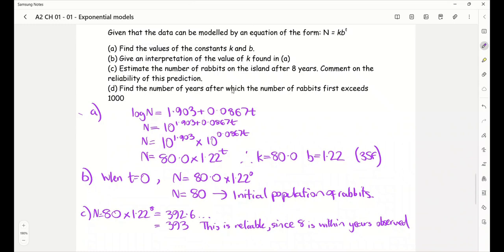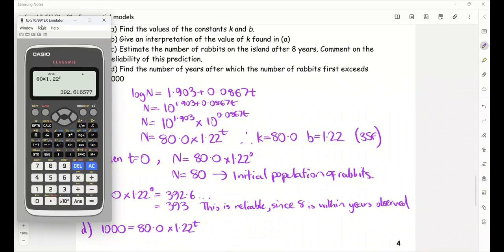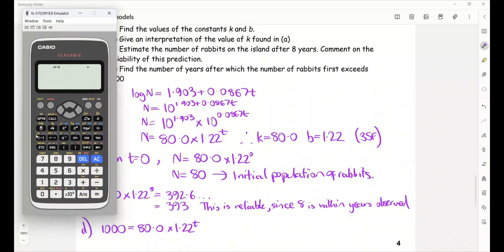Finally, part D, find the number of years after which the number of rabbits first exceeds 1,000. So now we've been given what n is: 1,000 equals 80.0 times 1.22 to the power of t, and we need to work out what t is. We can use our calculator to do this for us. We enter in the equation as we see it. So I've got 1,000, and then we need an equals sign. That is alpha, and you can see the equals sign there. Then we put in 80.0